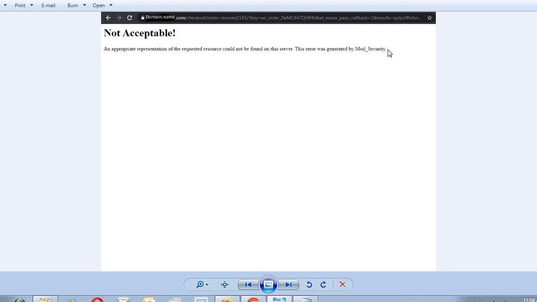That's why we need to use the payment gateway provider's plugins only to avoid this error. If we disable mod security, there is a big chance of losing our web security, and there is a chance to hack the website easily. So that's why we need to keep mod security.